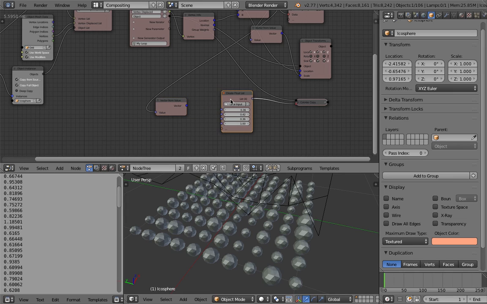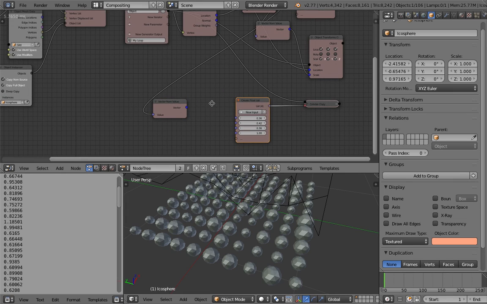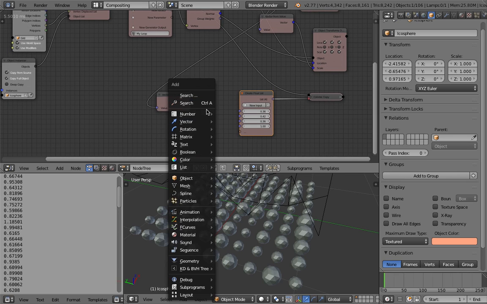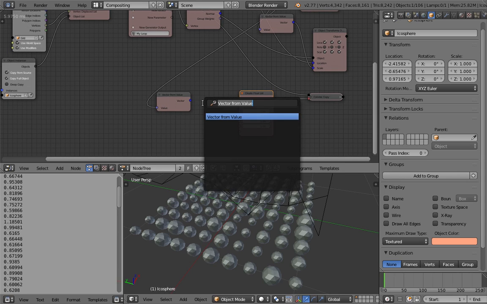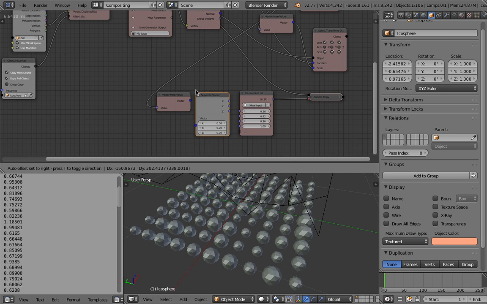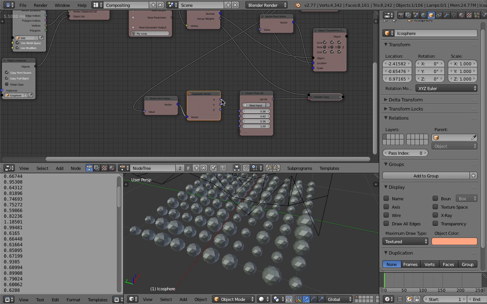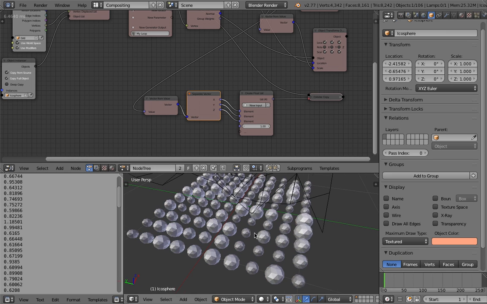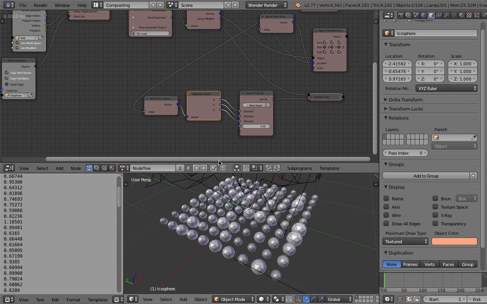The funny thing is, we have these four values here, and we need to use, it's a vector. It's decompose or something, or separate vector. So it's a separate vector. Yes, separate vector, X, Y, and Z. Boom, we have something that's more like a grayscale value.